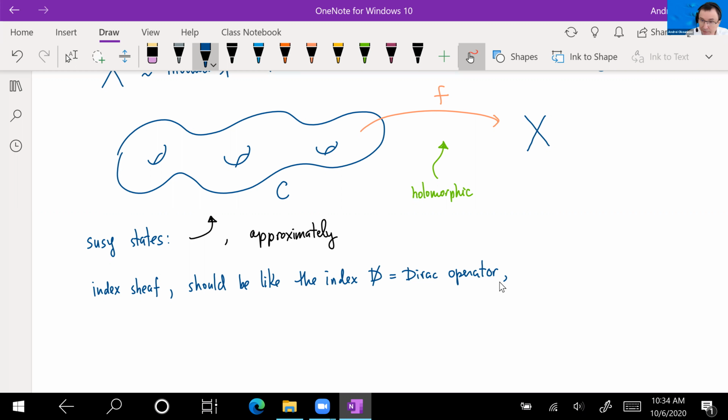So in particular, if, for example, we have a Kähler manifold,